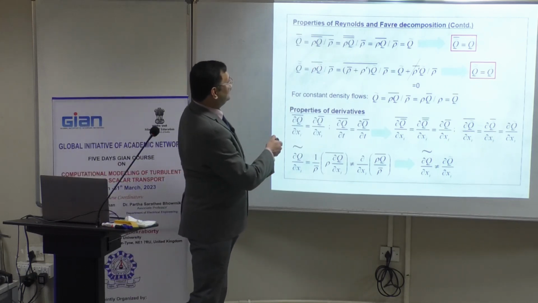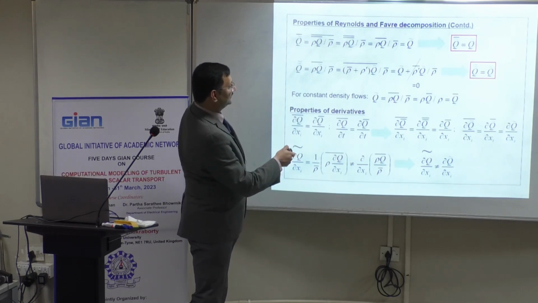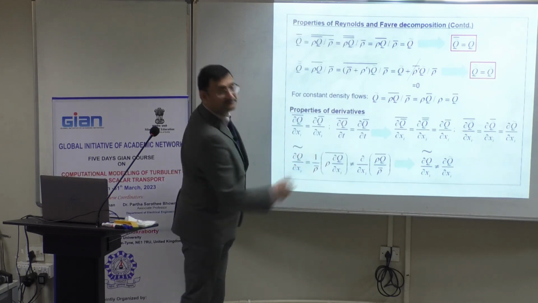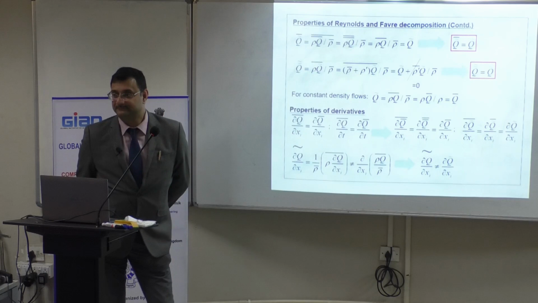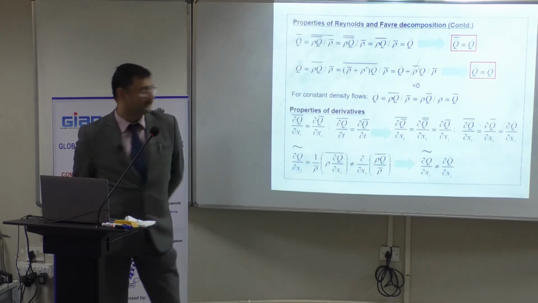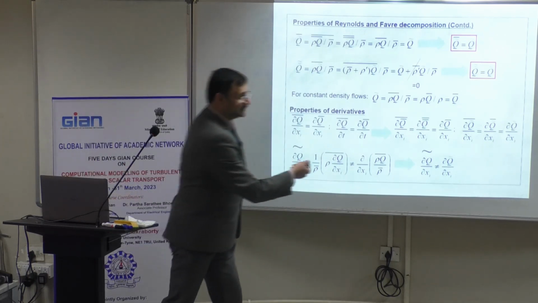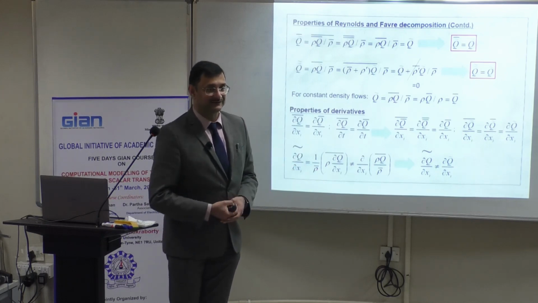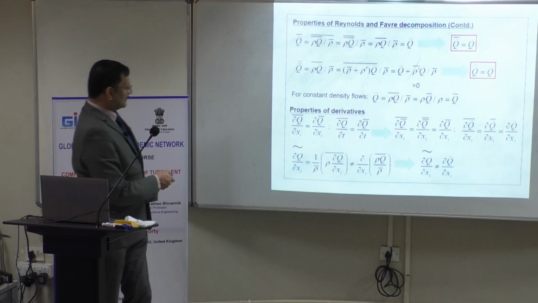This is already averaged, we have already shown that. So essentially if I write it like this, I'll get this. Clear? Does it make sense? For constant density flows, as I told you, Favre boils down to Reynolds average. Properties,